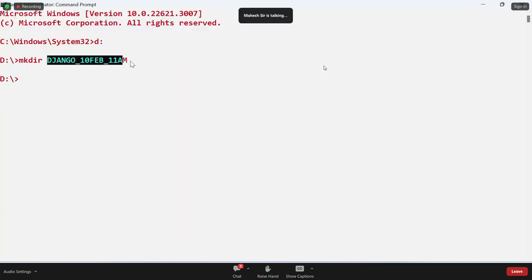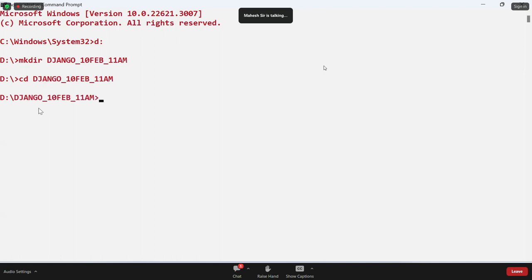No, I want to create in this folder. So cd, change directory, D: Django, 10th February, 11 a.m. In this folder, I have to create the project. How to create a project? What is the command? django-admin startproject